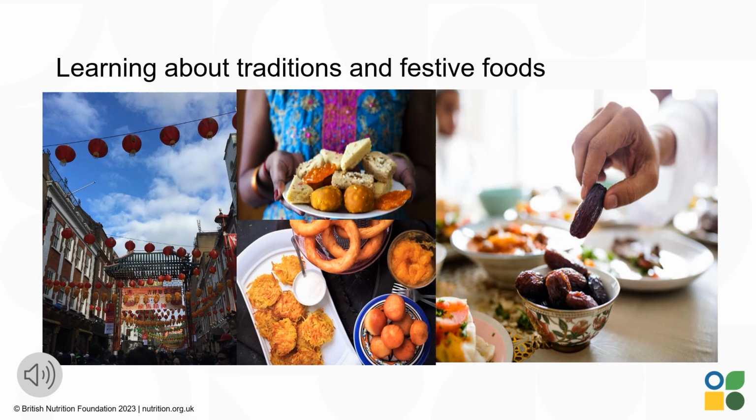Of course, when learning about different food cultures, you can't miss the very exciting traditional festivals and festive foods which come with it. It's also a great opportunity to learn about world history as well as current affairs. There are so many examples of these. Some of the more notable festivals include the Lunar New Year, marked by so many events in Chinatown,